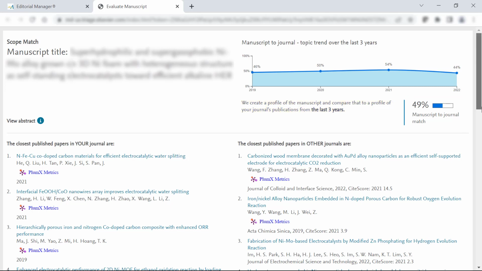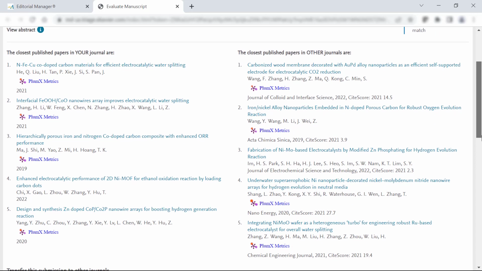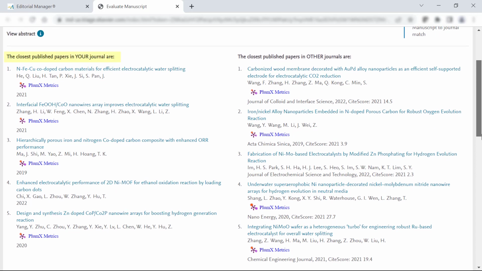The next section of the page shows, based on the manuscript being processed, up to 5 articles with the most similar topic published in this journal in the previous 3 years, as well as the 5 articles with the most similar topics published in other journals in the previous 3 years, using Scopus data. Provided information for these articles include title, names of up to the first 10 listed authors, PlumX metrics, as well as the site score for articles published in other journals.